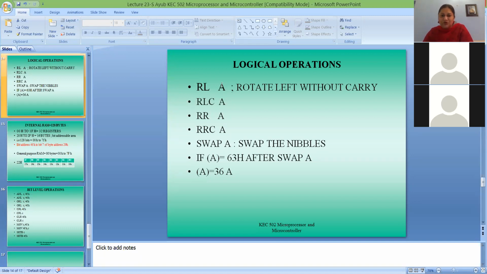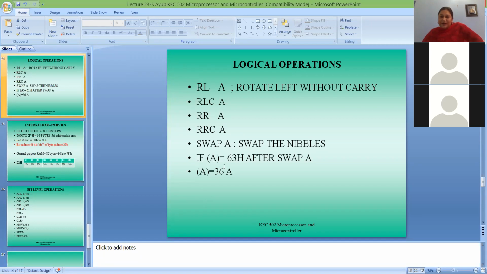So RLA means rotate left without carry. RLCA means rotate left with carry. RRA means rotate right without carry. RRCA means rotate right with carry. And SWAP A means swapping of the nibbles. It is applicable only with the accumulator.